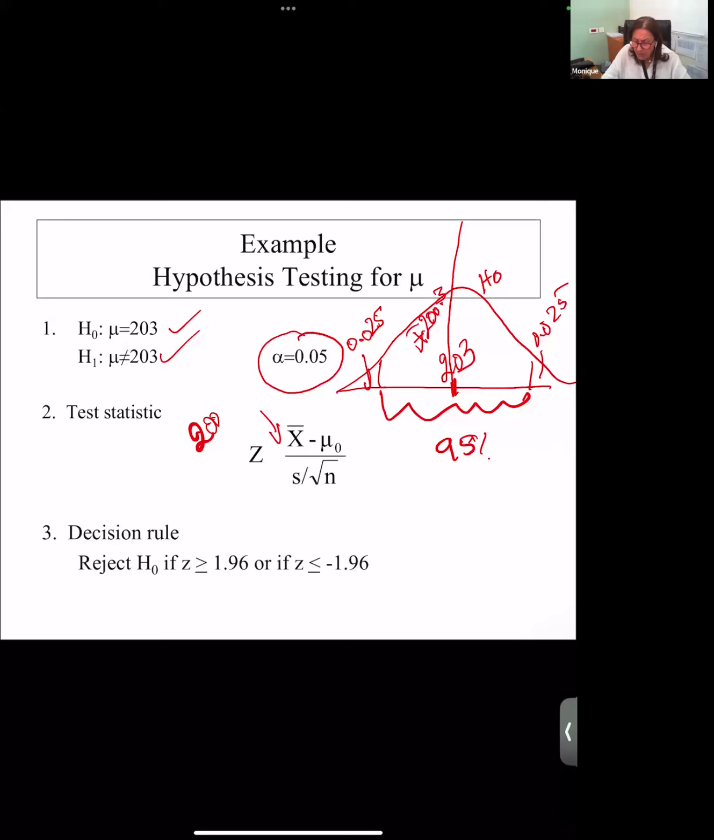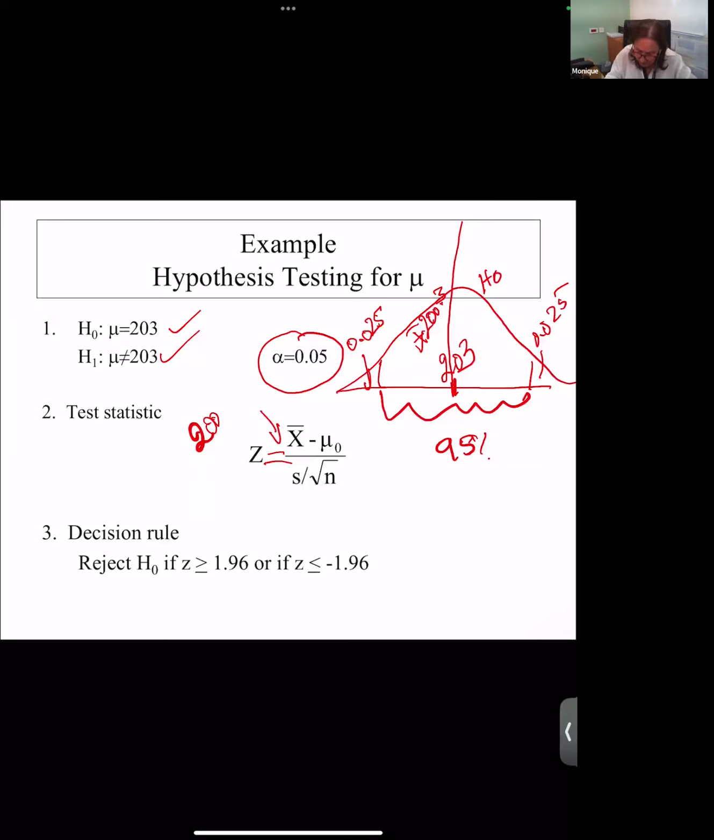So, is my decision that 200.3 is really different from 203? What I do is convert my X into how far it is from the 203 in terms of standard deviation and standard error. So my Z, my test statistic for one sample (and again, you will be given those formulas), would be